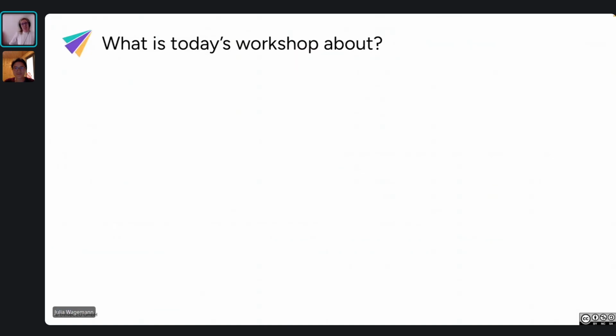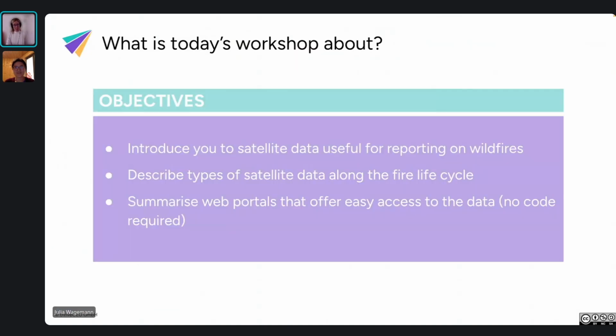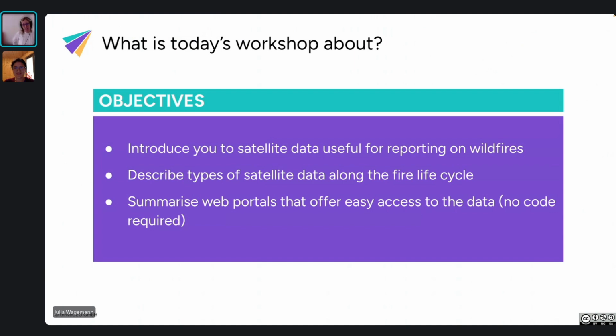So what is today's workshop about? As I already said, we really want to increase the use of satellite data in different domains. Today the workshop focuses on giving you an overview of what satellite data you can use specifically for wildfire reporting.